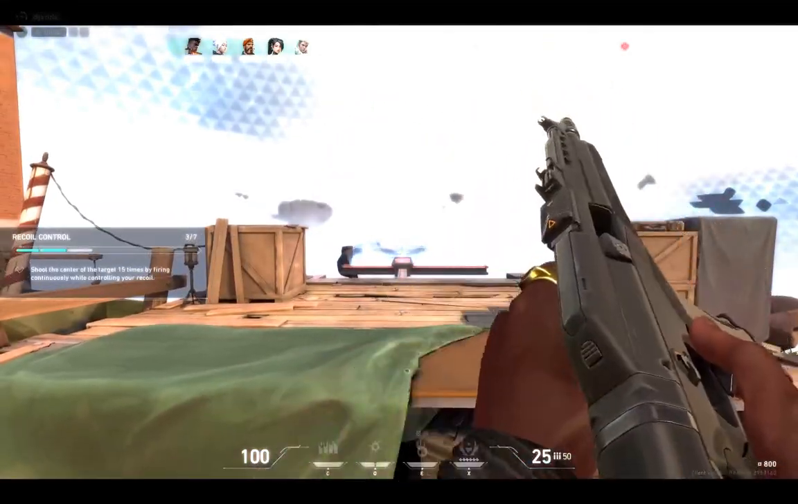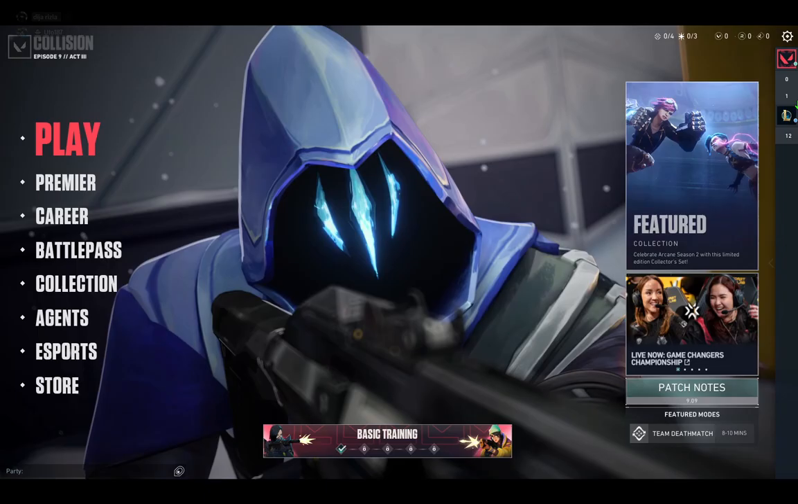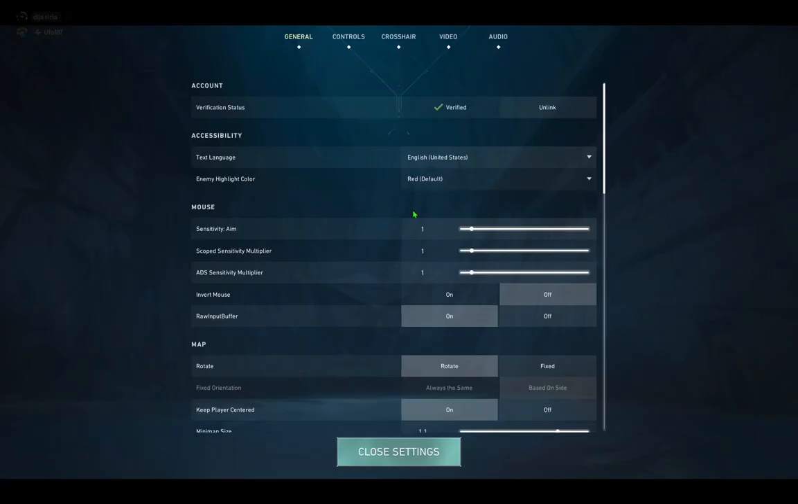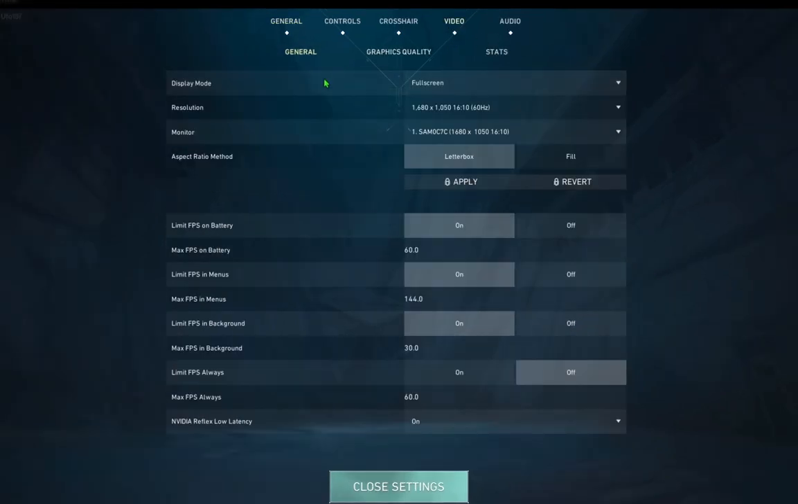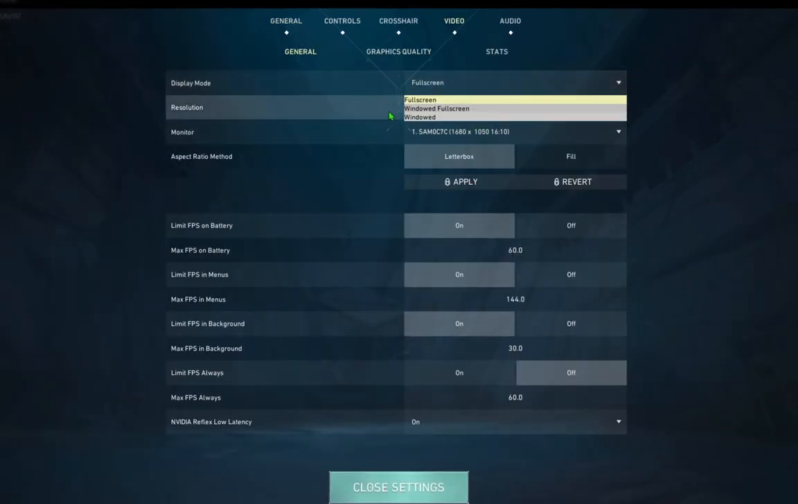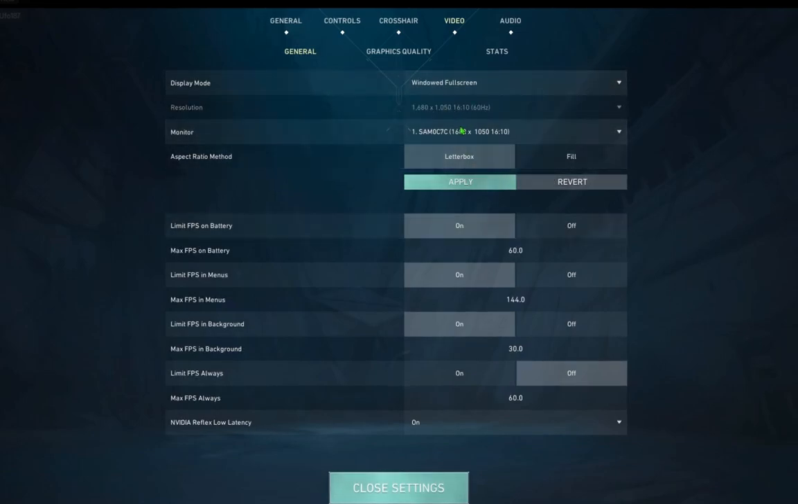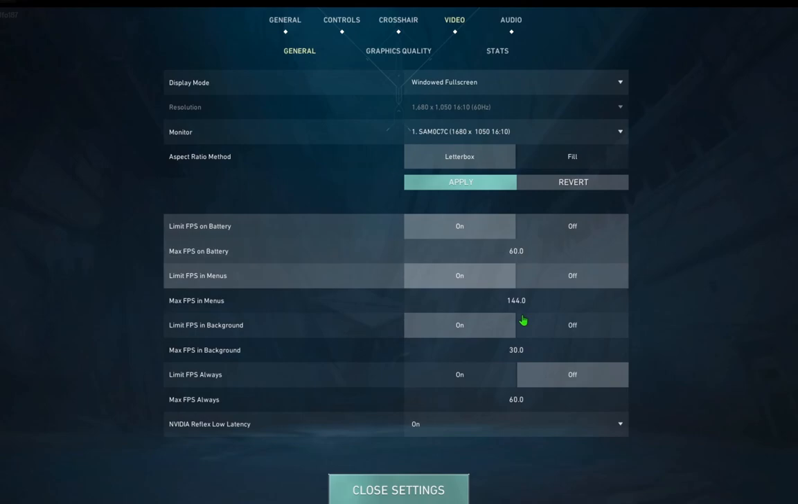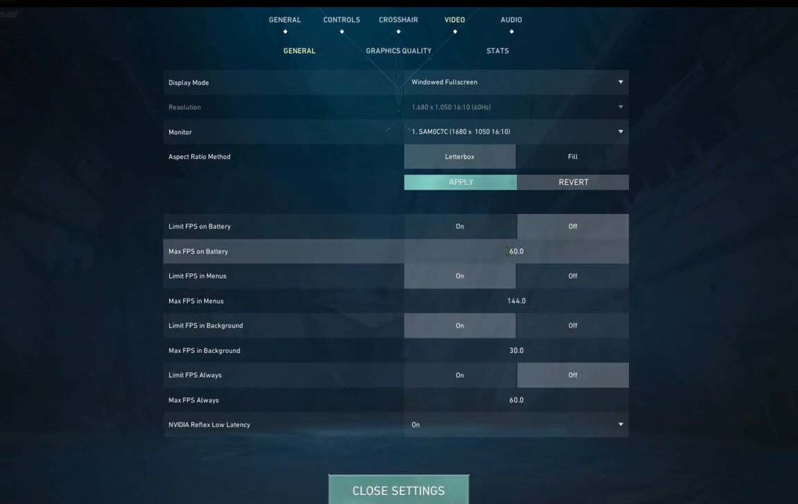Okay guys, all you need to do is launch the game like me, move to the right corner and click on this gear. You will see Settings here, just click on it and move down to Video. In the first section, Display Mode, select Windowed Fullscreen, move down, select your monitor resolution and click the letterbox. Move down to Limit FPS on Battery, click this off, Max FPS on Battery, click this and